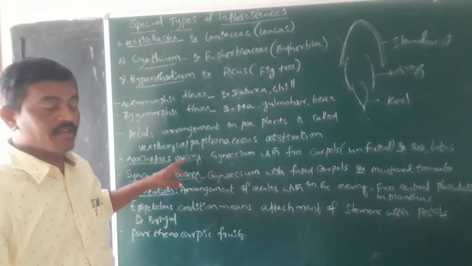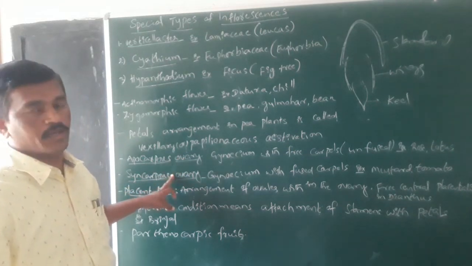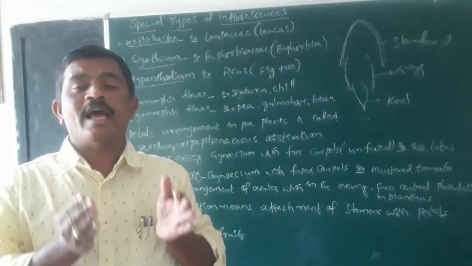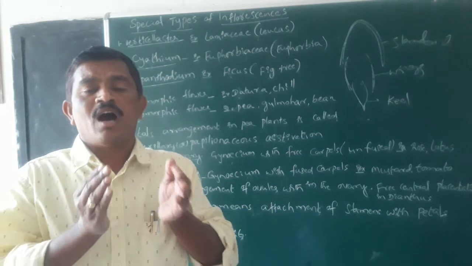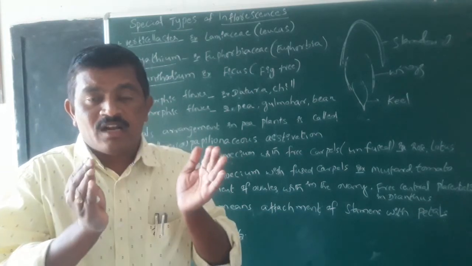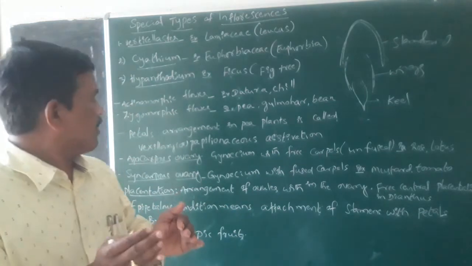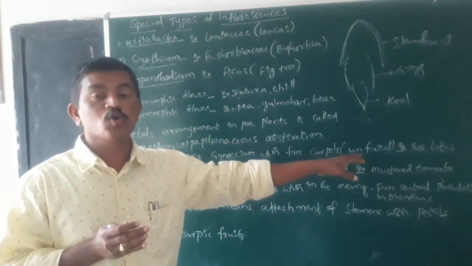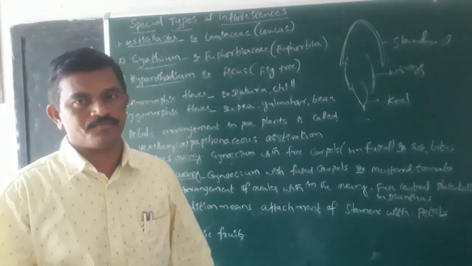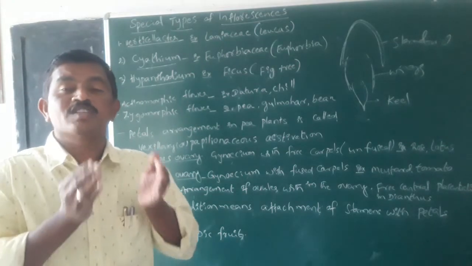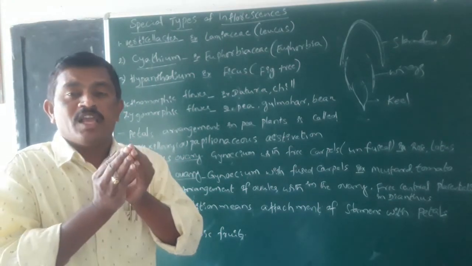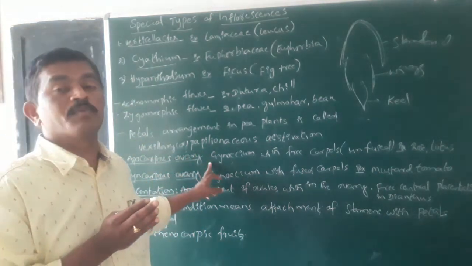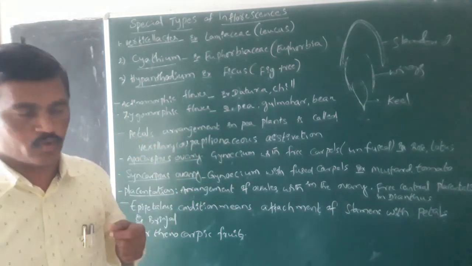And the differences between apocarpous ovary and syncarpous ovary. Here, apocarpous ovary means if the gynoecium has more than 2 carpels, and these carpels are free and not united, that kind of ovary is called apocarpous ovary. It is found in rose flower and also in lotus. If the gynoecium has more than 2 carpels and they are not fused with each other, that kind of ovary is called apocarpous ovary.